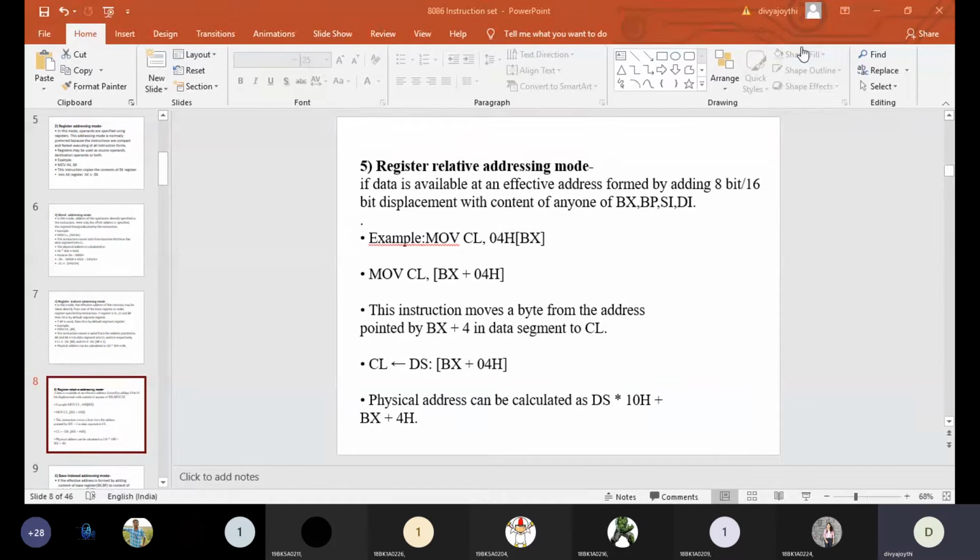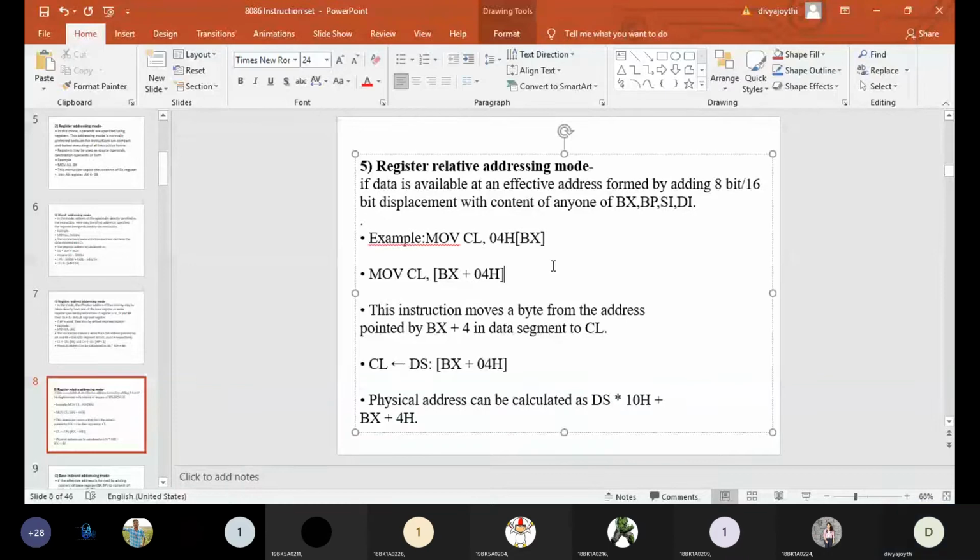This particular instruction can also be written like this. So what it will do is, whatever the data that is present in BX, to that it will add this displacement value. Say for example, if BX is having...